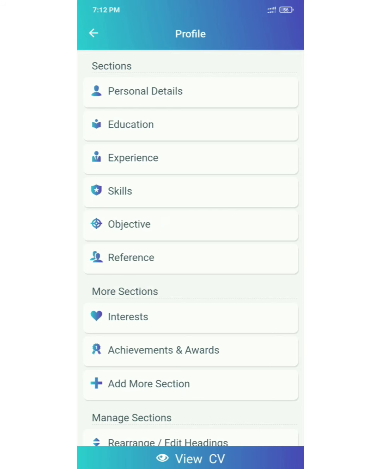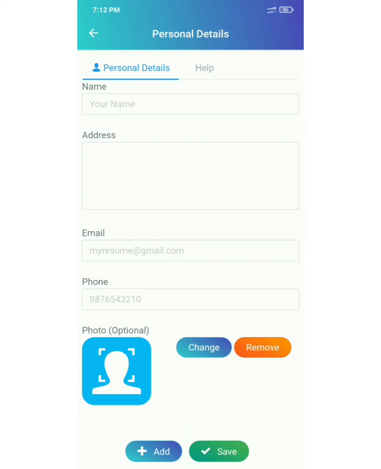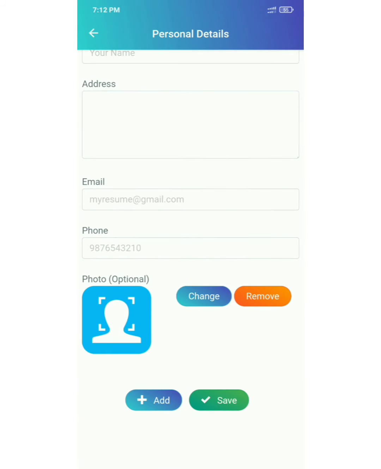In personal details, enter your full name in capital letters. No need to enter your address, it's not that important in today's scenario. Now please enter an official email ID. Don't fill things like stargaming@gmail.com. Your email ID should contain your name, so create an official email ID if you don't have one. Enter an active mobile number which is in use. No need to give your photo, it takes too much space